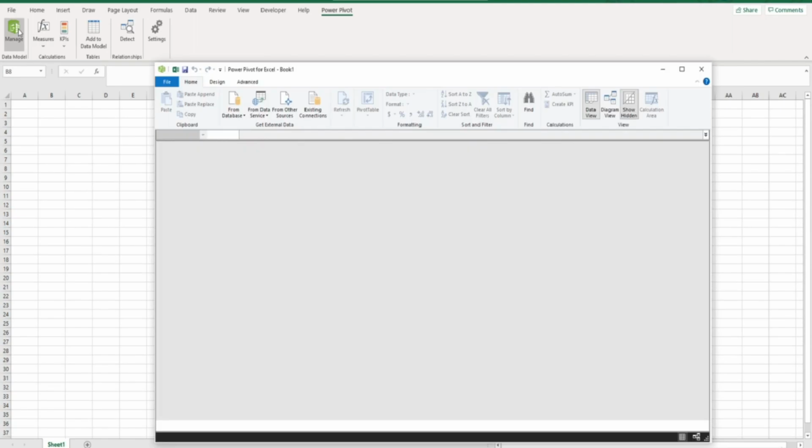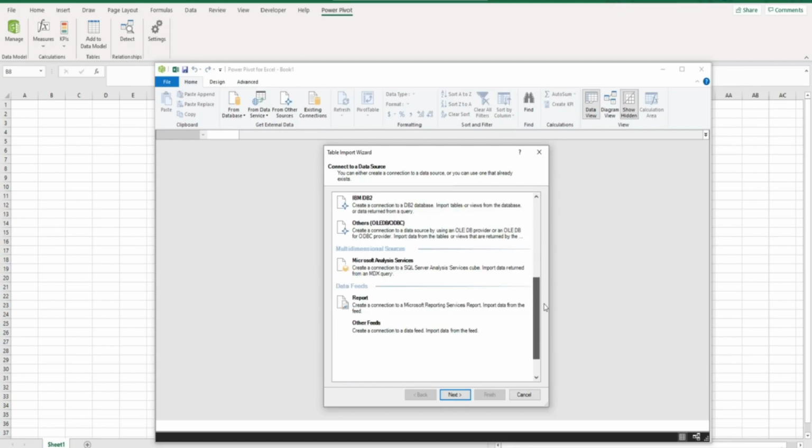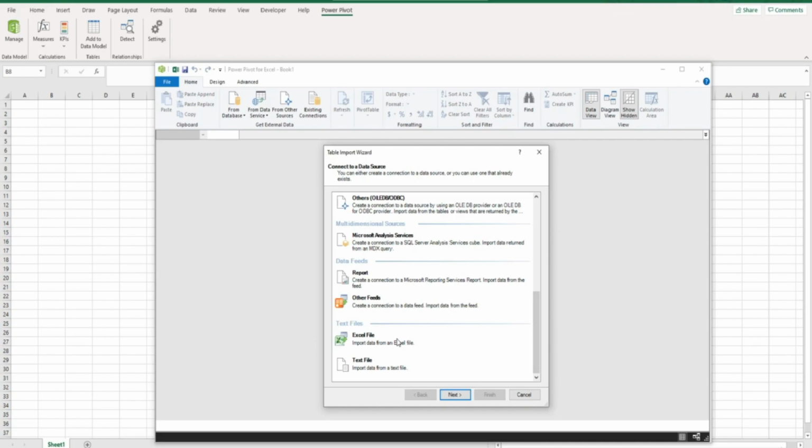And this will open up the PowerPivot window. And within the Get External Data group, we have multiple options on how to retrieve our data. We can import our data from a database, like Microsoft Access, or from other sources. So if we give this button a click, we can see all the sources that we can choose from to connect our data. And since we are trying to connect to a different Excel file, we can scroll down this list